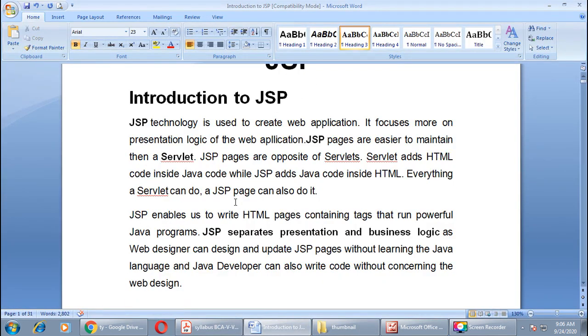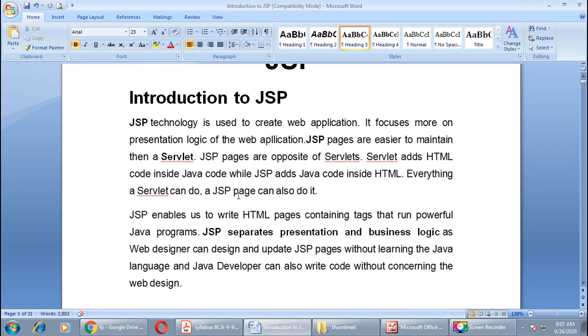with introduction to JSP. The full form of JSP is Java Server Page. This is a technology used to create a web application. As we can create a web application through Servlet, in a similar way, this technology is also used for creating web applications. It focuses more on presentation logic of the web application.